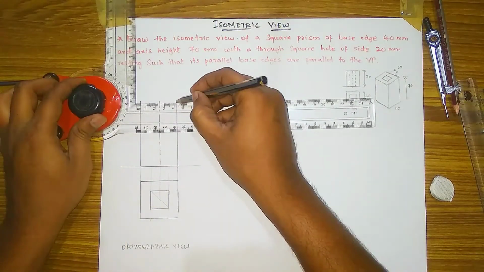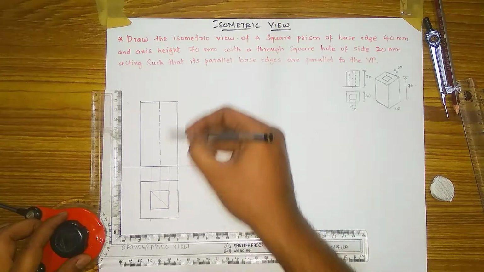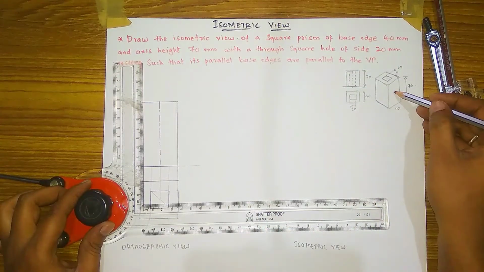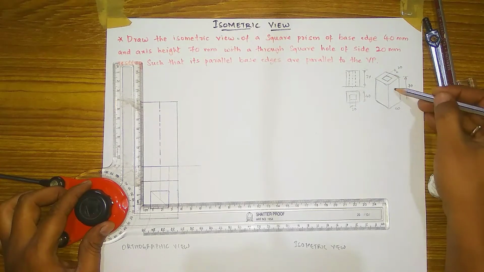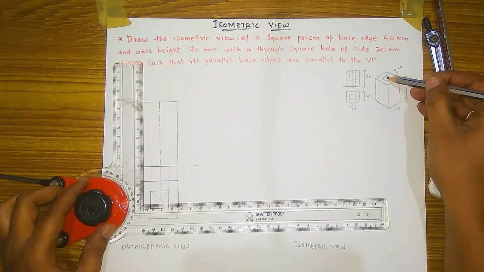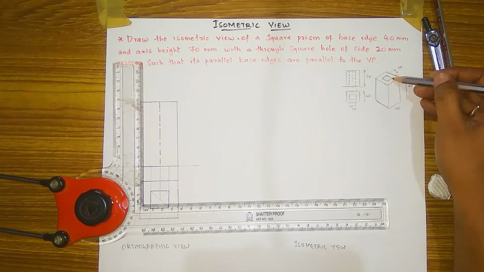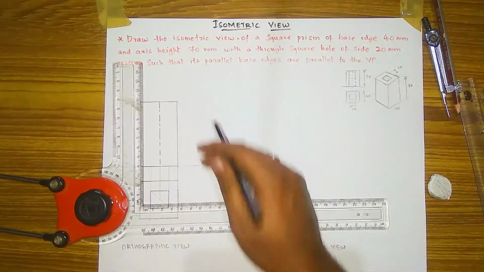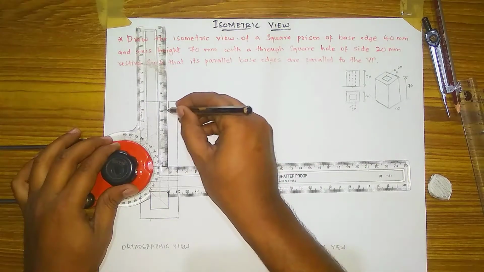70. Then join this line. And the remaining square is also a cutout section. If you see this square prism from the front, the cutout section is not visible from the front. So to show the cutout section of 20 mm in the front view, we have to draw it with dotted lines. That's why it is done with a dotted line